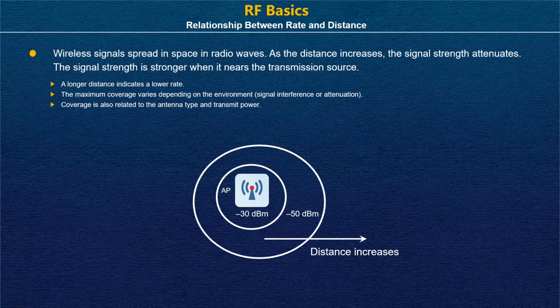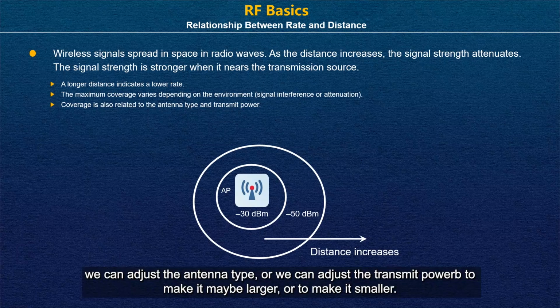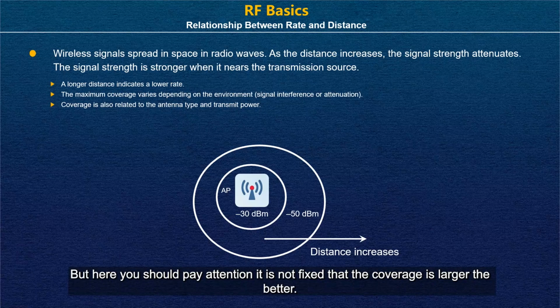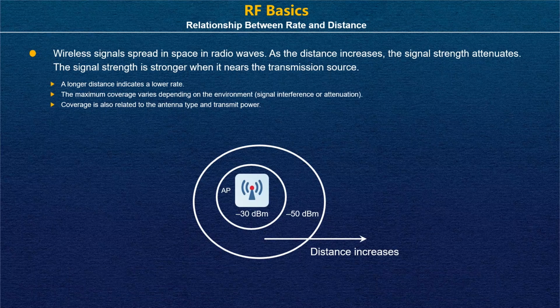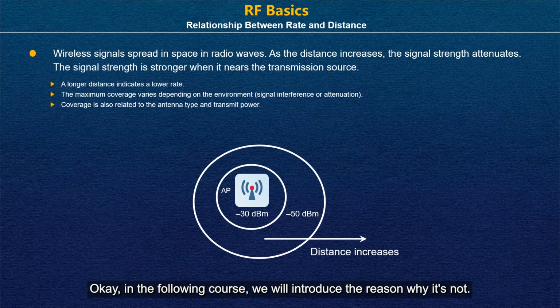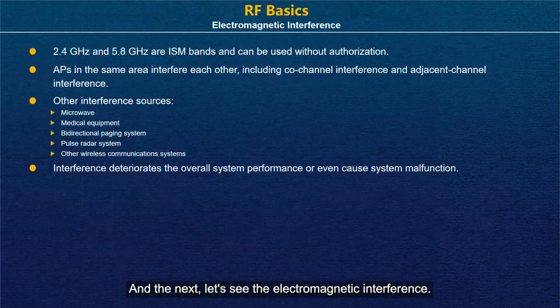Actually, from these parts, if you want an AP, for example, to cover a large area, we can adjust the antenna type or we can adjust the transmit power to make it larger or smaller. But here you should pay attention. It's not that the larger the coverage, the better. In the following course, we will introduce the reason why. Okay. And next, let's see the